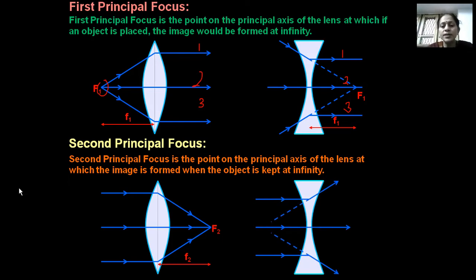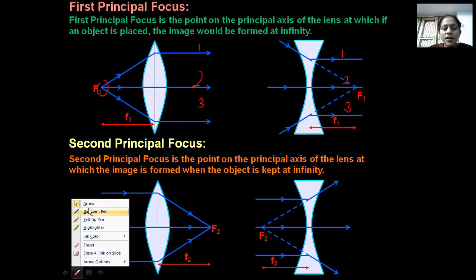See, for a convex lens, the three parallel lines, when they strike the convex surface, converge, because a convex lens is a converging lens. They meet at f2. This is the second principal focus. Similarly, for these parallel lines the object is at infinity, very far. The rays coming from a far off object are considered to be parallel. When they strike the surface, for convex they converge, for concave they diverge, and when they diverge they appear to come from f2. So f2 is the second principal focus for both the concave lens and the convex lens.